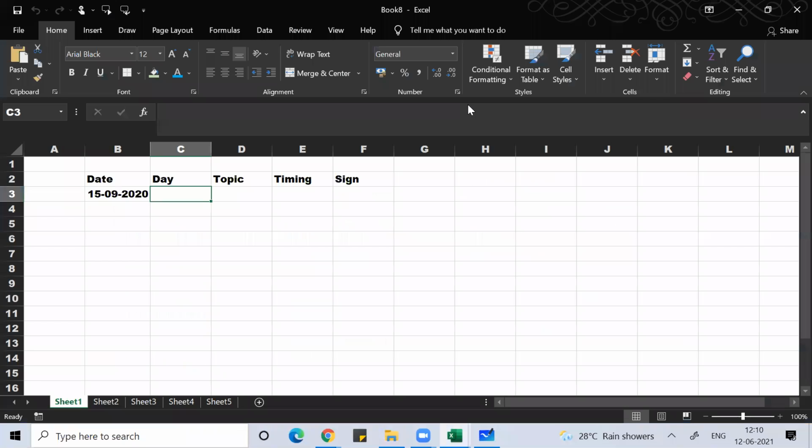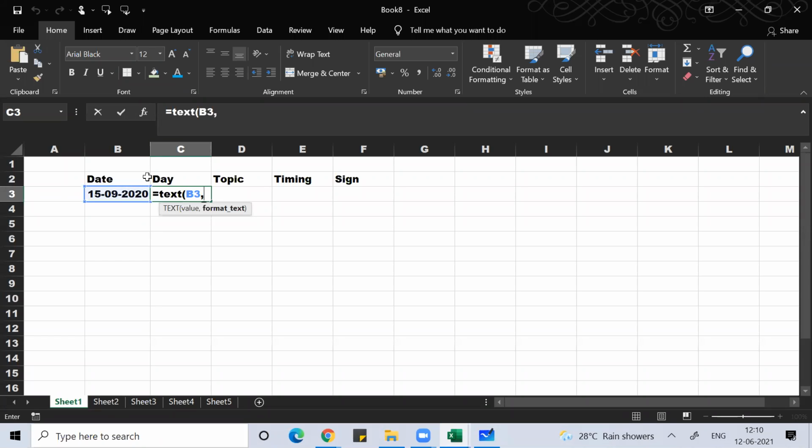No need to do all that. You can use a function in Excel called TEXT. In value, when it asks you for the value, you click on the date. So equal to TEXT, and in value, click on the date, comma.